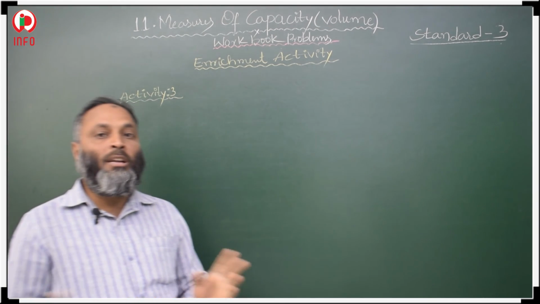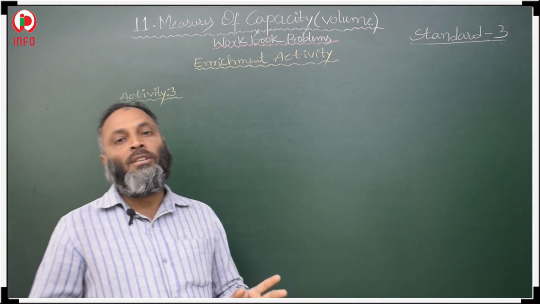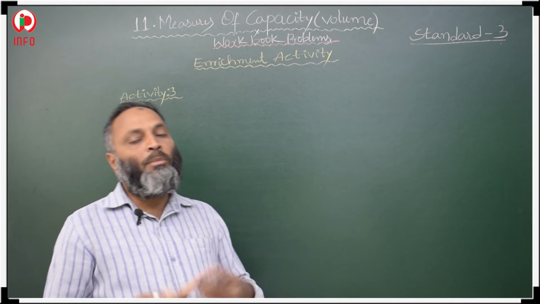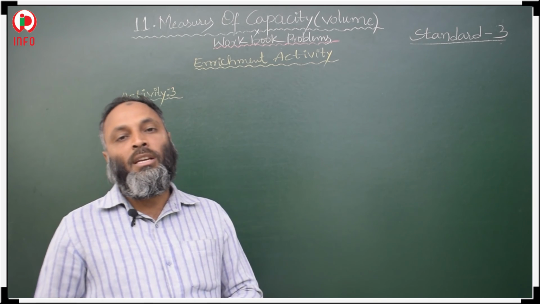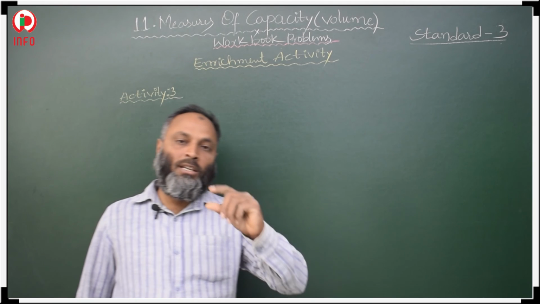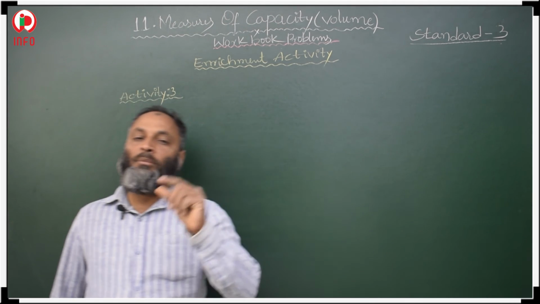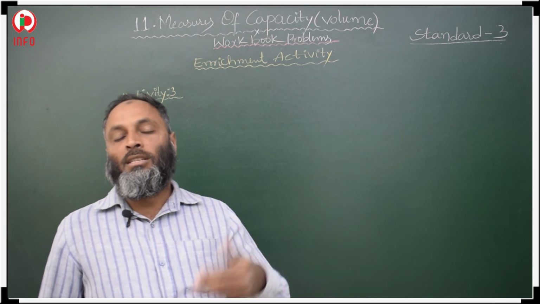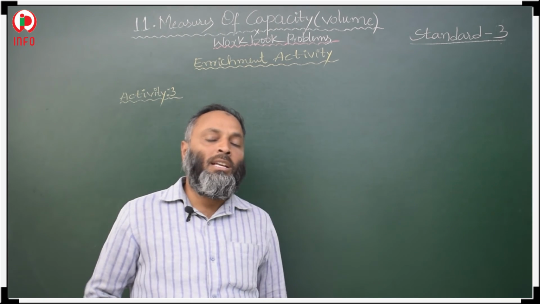And what about the difference between liters and milliliters? Some liquids we are using more and some liquids we are using less. So what liquids are we using more and what liquids are we using less? The liquids we use more, we represent in liters. The liquids we use less, we represent in milliliters. Some liquids like cough syrup, we use in a little quantity, so that is in milliliters. And the oil we are using is in liters. In 1 week at least we use 2 liters, 3 liters of oil, so that is in liters.